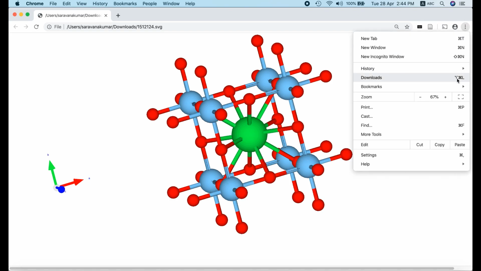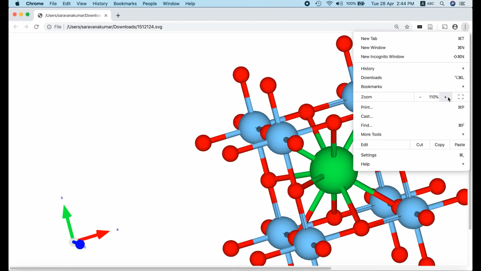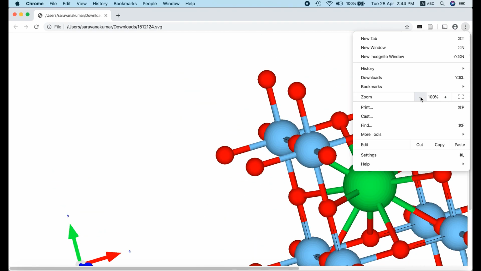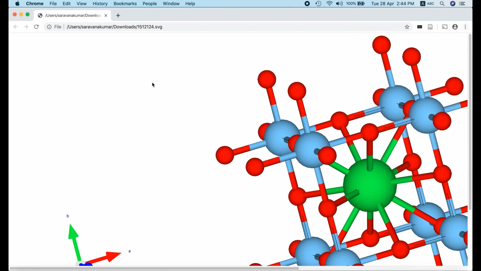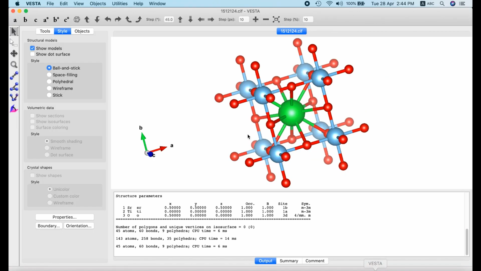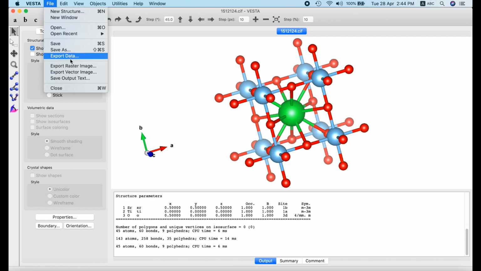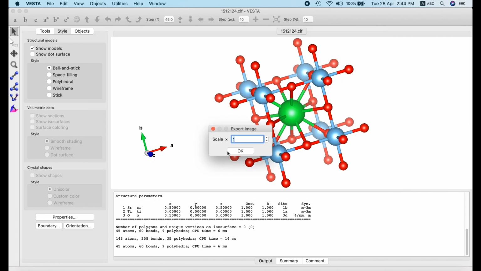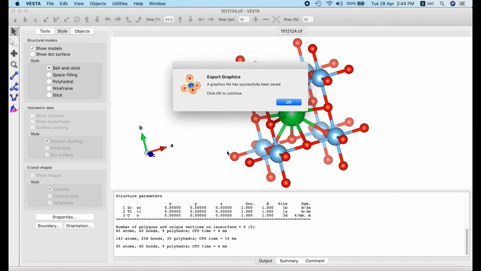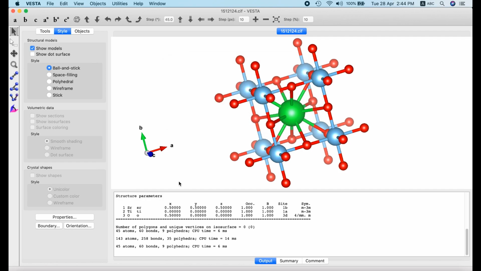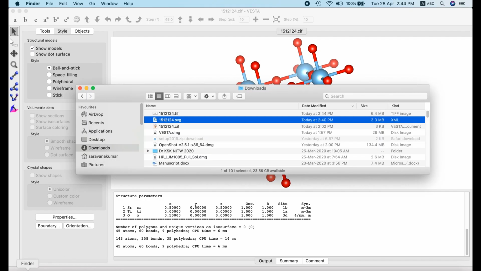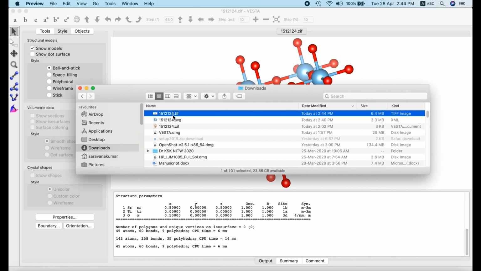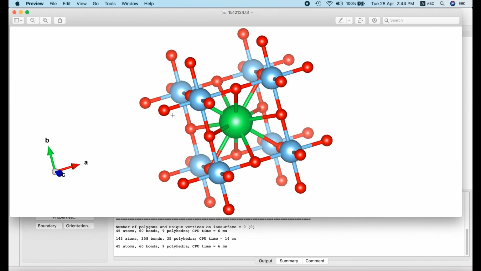Why use this particular file format? In this way, if you resize it to any resolution, it will show in a perfect way. If you resize this image to any higher or lower resolution, there will be no loss of image resolution. So in that way, SVG is a very good format. Now I can export it in normal TIF format or JPG format. I have exported in TIF format, and you can use it for submission to journals or any other process.